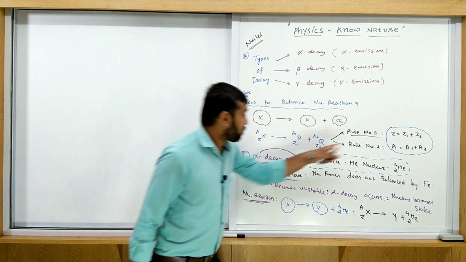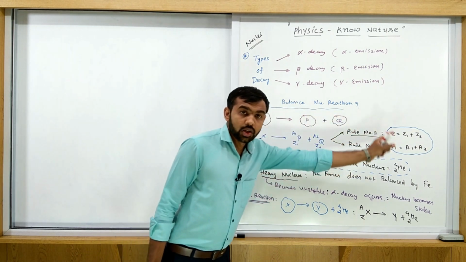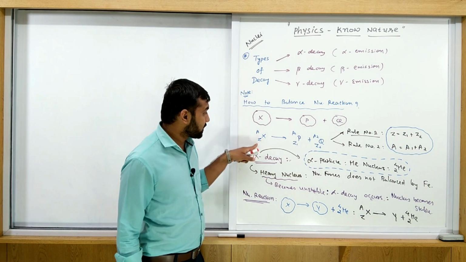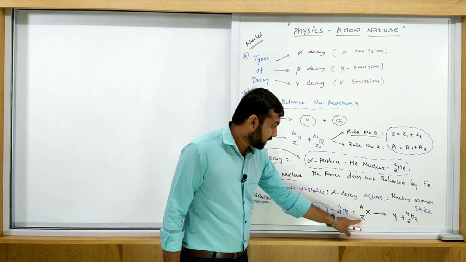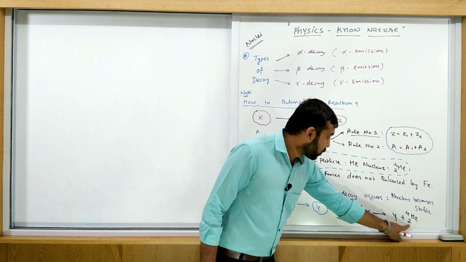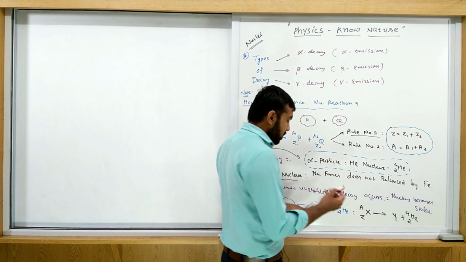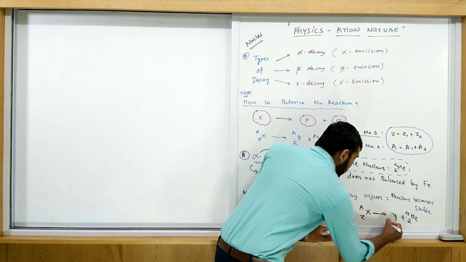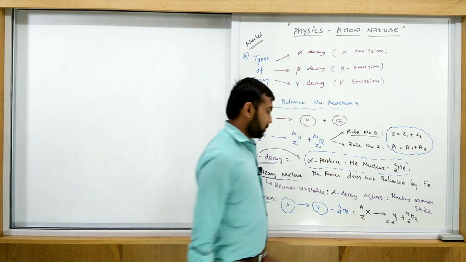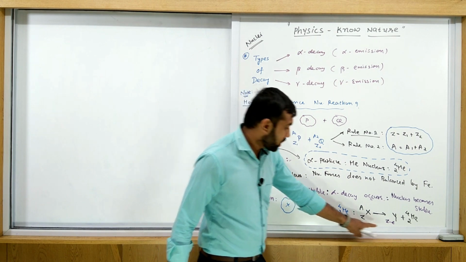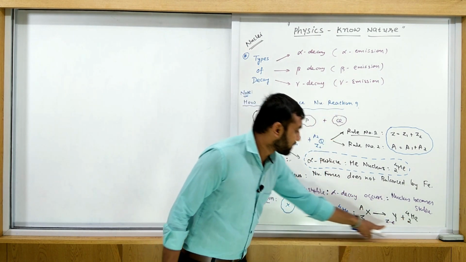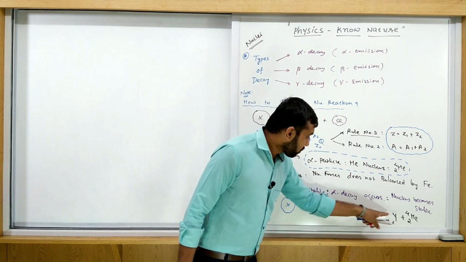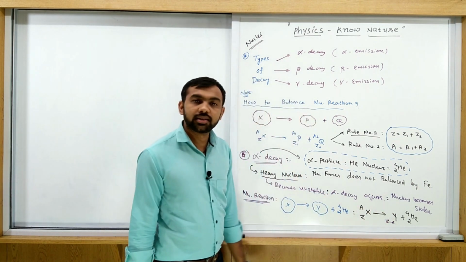So we use this formula here: always, the left hand side Z is equal to the summation of the right hand side Z. How much is it here? Z. And here? 2. So for the balancing of this equation, we write Z minus 2. Now Z minus 2 plus 2, how much total? Z. Again Z and Z are the same. Thus the atomic number of this Y must be Z minus 2.